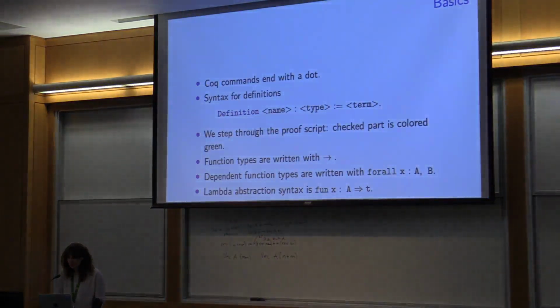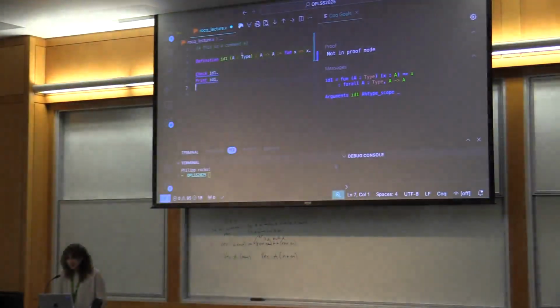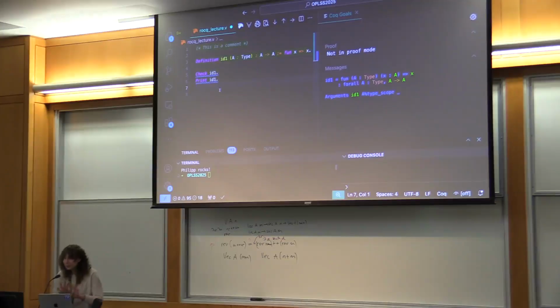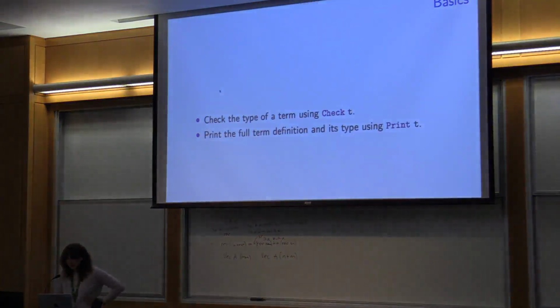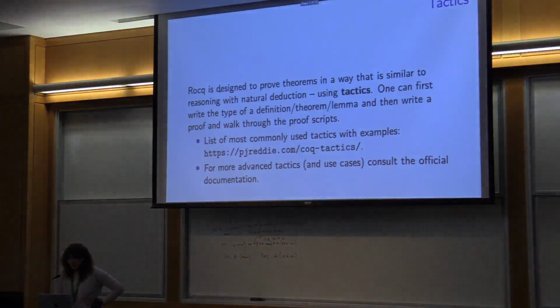Okay, now this is not really the standard way to prove stuff in Rocq. Well, once we're done with our definition, we step through it, and then it colors it green so that you know what's been checked so far and what not. We have Check T and Print T, and usually we don't really write the full explicit terms. Usually how we